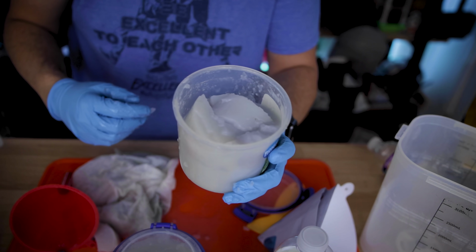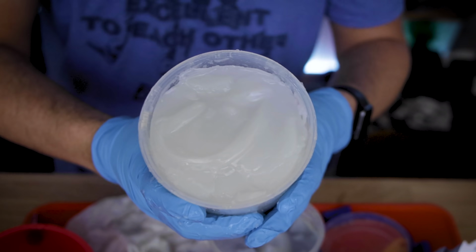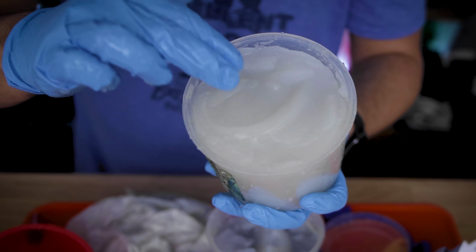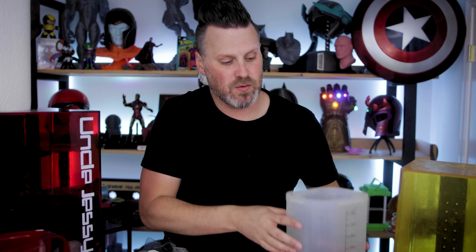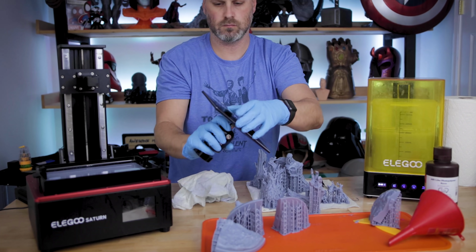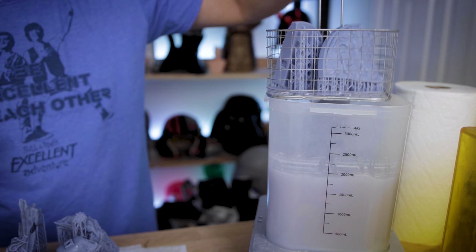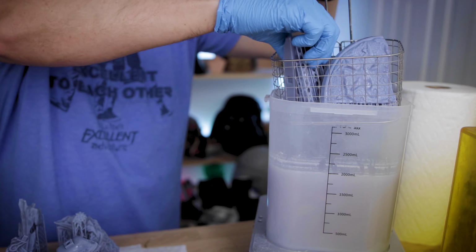Unfortunately, nothing I've tried has actually worked properly, and in fact, I've ended up with this weird gelatin-like material twice now. And one of the biggest roadblocks that I'm running into is that I just can't quickly jump back in and continue testing this, because as soon as I fail, I have to start all over from the very beginning, which means I need to run off and clean off a ton of other prints to get that murky, dirty IPA. So originally I had this grand idea that I was gonna use my wash and cure station here and clean my prints for like 2 months straight and not clean it and get it as dirty as possible and